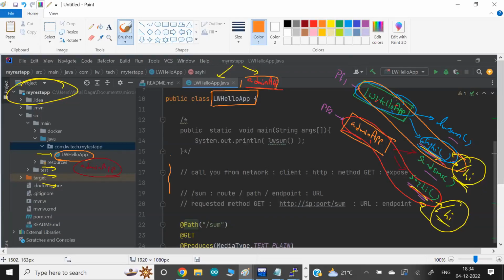We have to give a program file also some path. This path may be slash Linux world, this path may be slash admin. Every program file, that is equal to the class name, we also give a path to uniquely identify the program file.